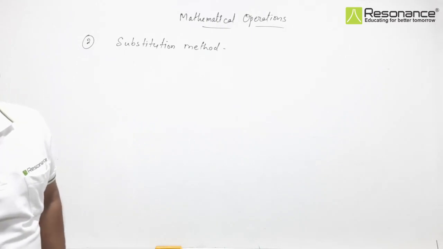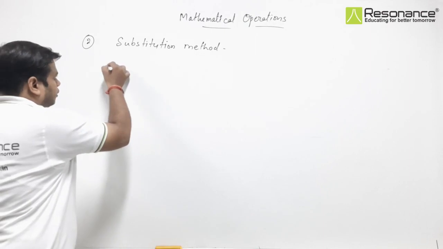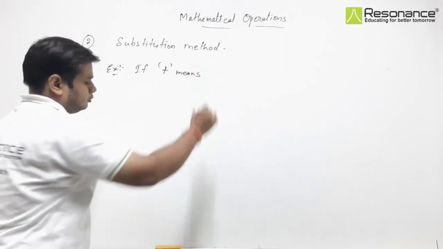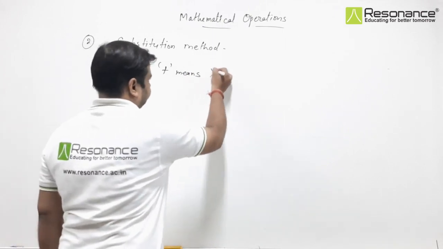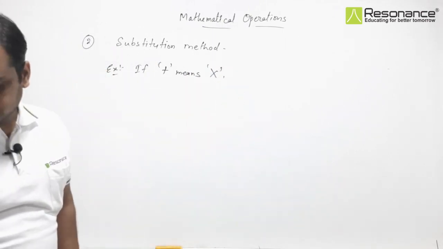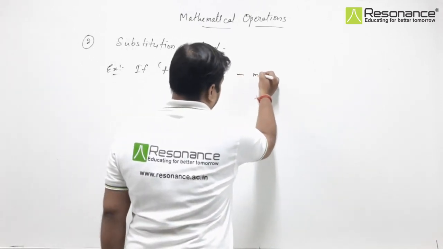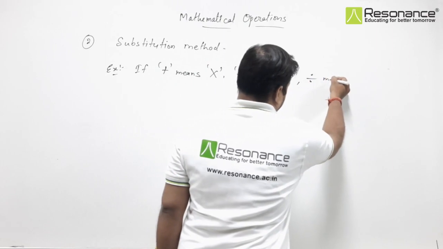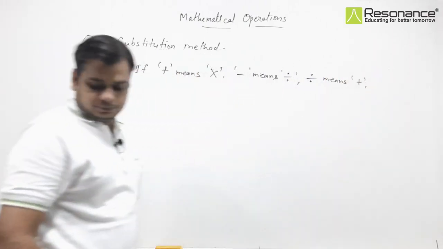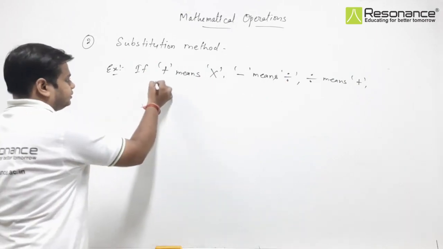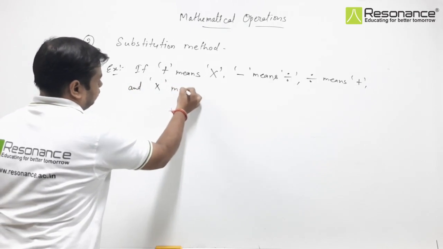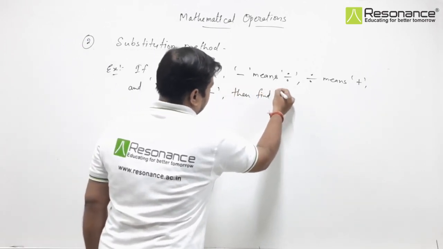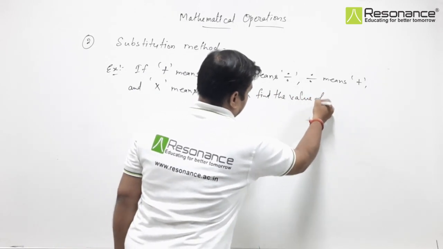Now another example we can have, if plus means multiply, minus means divide, divide means plus, and multiply means minus, then find the value of